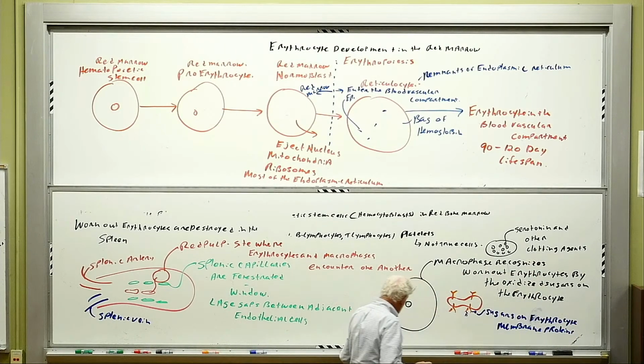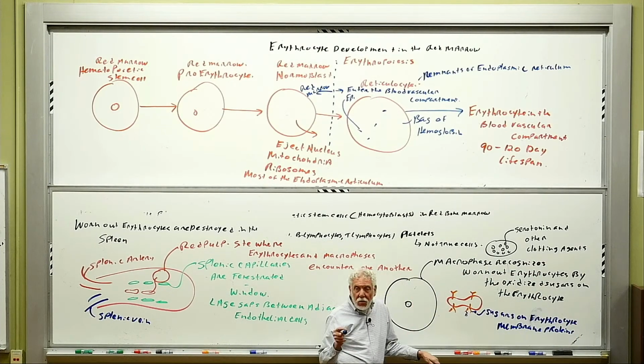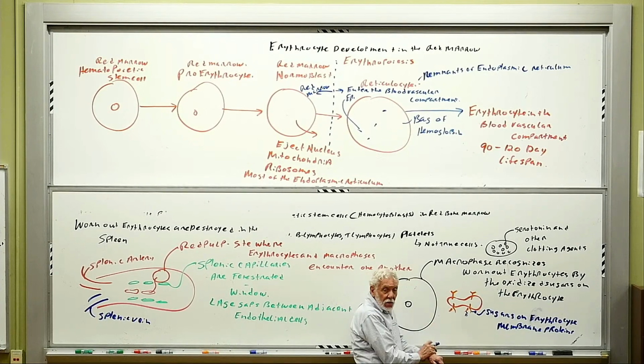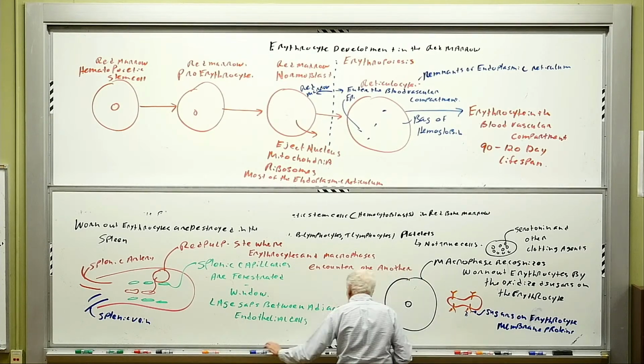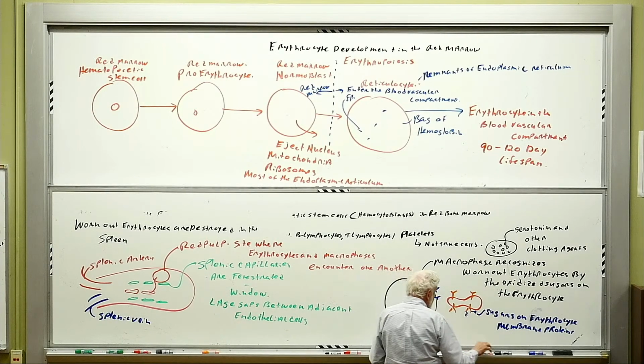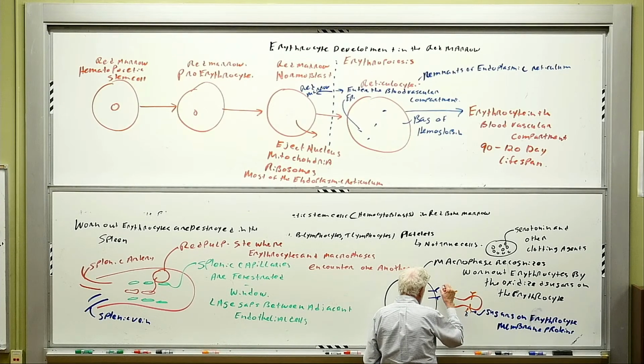These sugars, because they haven't been replaced, as they're wandering around on the erythrocytes in the blood vascular compartment over a period of 3 to 4 months, will become oxidized. They change their structure. That change in structure can be recognized by proteins on the erythrocyte. So now the worn out erythrocyte becomes bound to the macrophage,